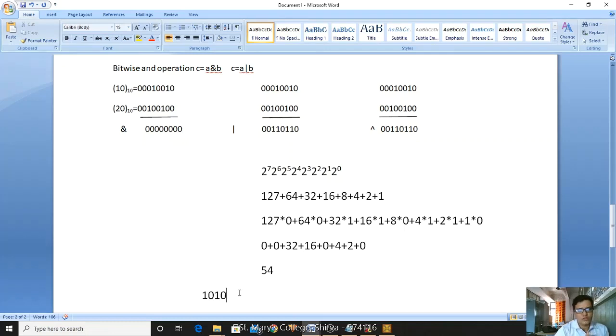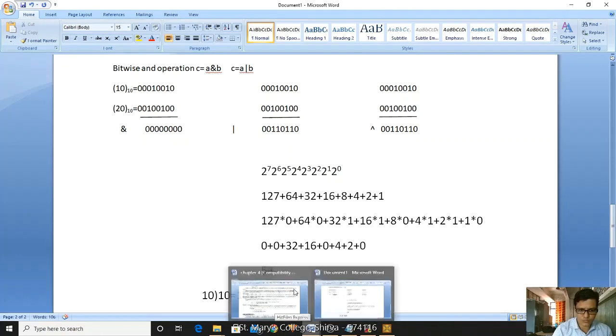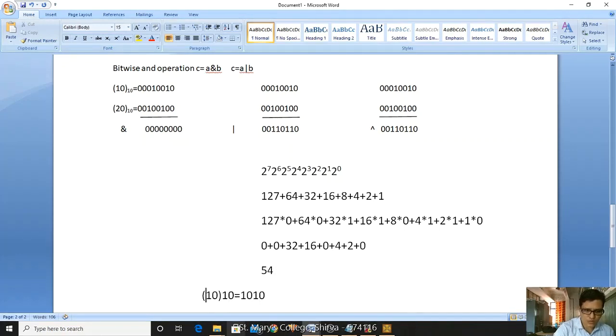Okay, so 10 can be represented in binary. It is a binary digit representation we are doing, right? I'm representing in bits, not in bytes. Okay, a byte means 8 bits, right?